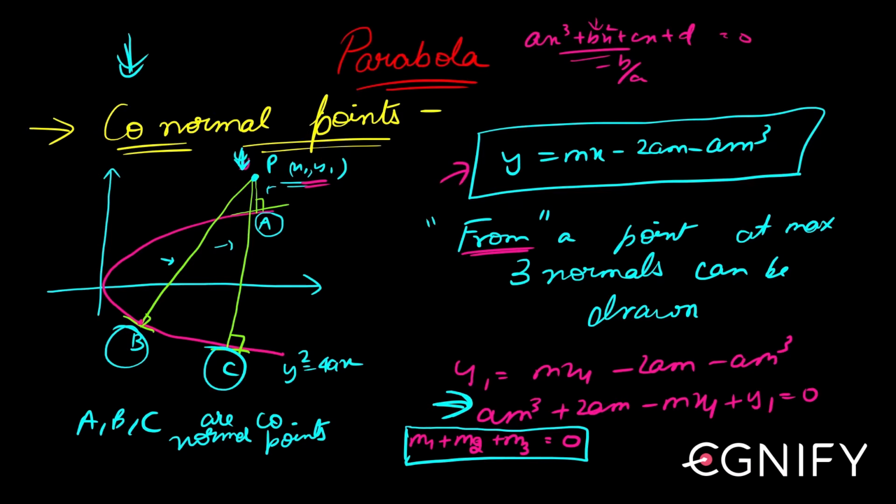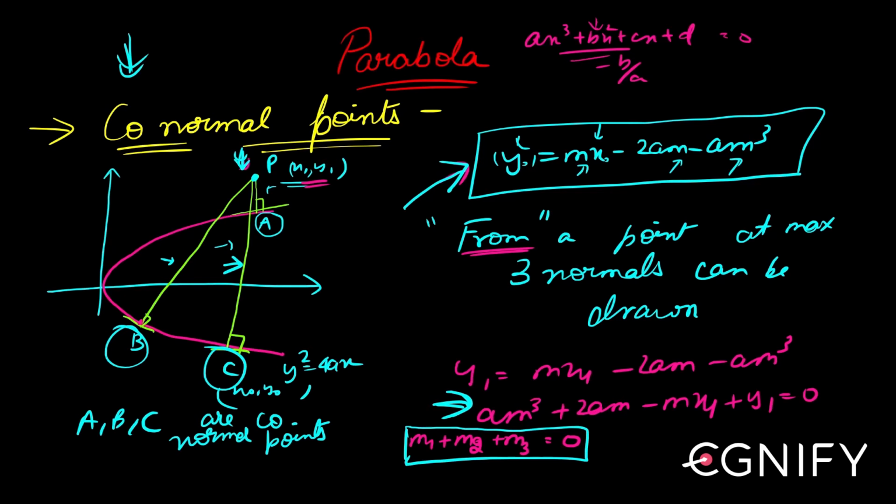So there's a lot that can be asked about all this. Once you write the equation of the normal, then you'll put x1, y1 in it, and then you will check how many normals can be drawn. Then if I ask you what is the equation of this specific normal which passes through C, then this PC must be satisfied, right? So you will choose that value of m for which, if you put the coordinates of C here, let the coordinates of C be x0, y0, it satisfies this equation. There will be one value of m because there is a normal which is being drawn. So a lot of questions can be formed around this, but the whole of the